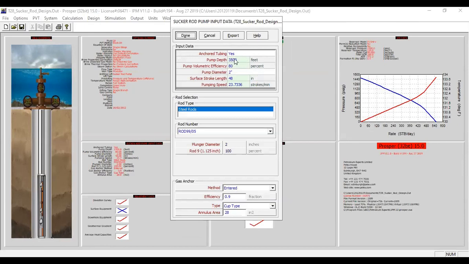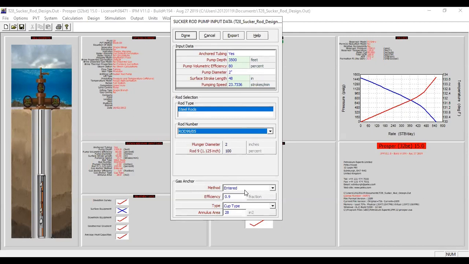Now I install my pump at depth of 3,500 with pump volumetric efficiency of 80%, pump diameter of 2 inches, surface stroke length of 48 with pumping speed of 23. I use steel rods in my rod type, rod number, this one, plunger diameter 2 inches, and this one.